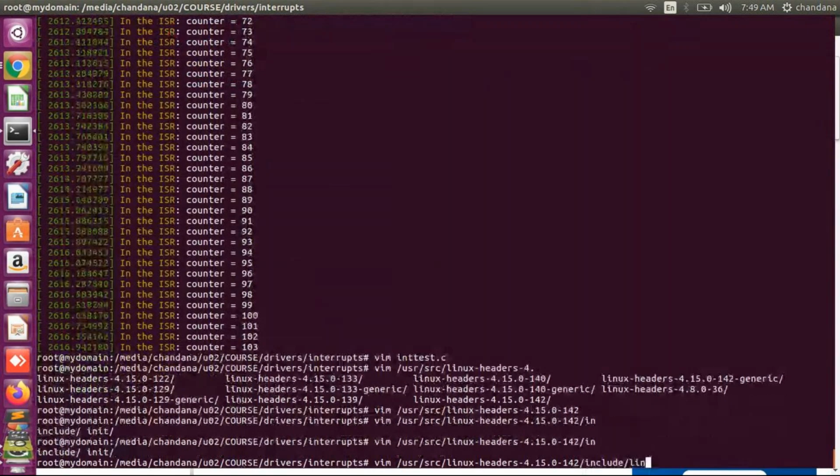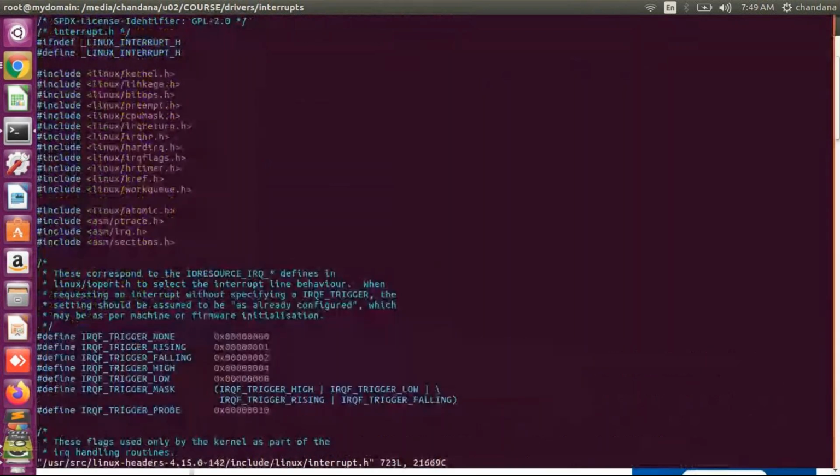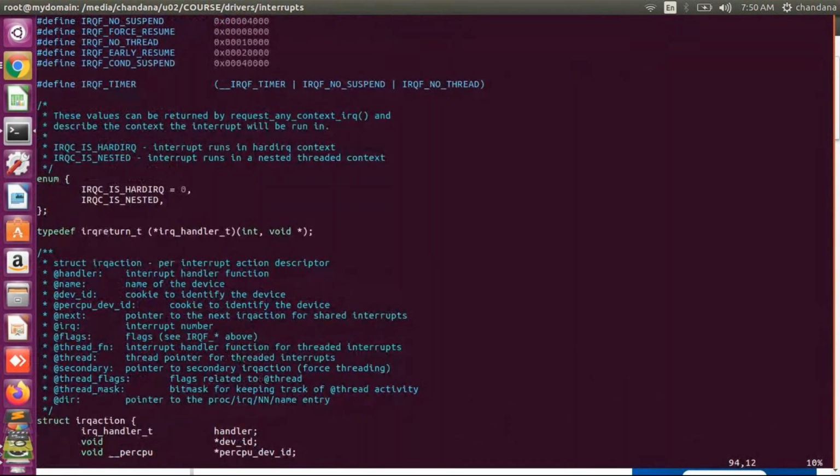Include linux/interrupt.h. See, now I am registering my handler with the structure of type irq_return_t, and you can see